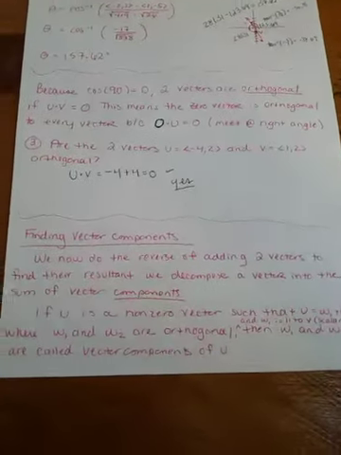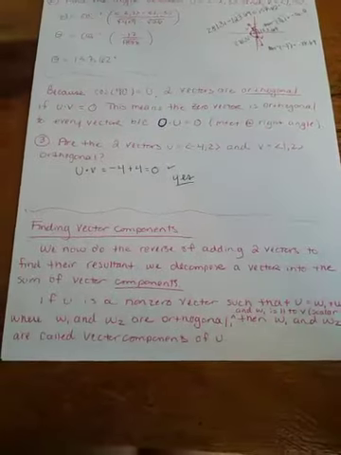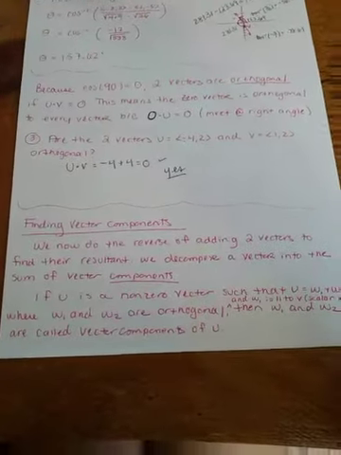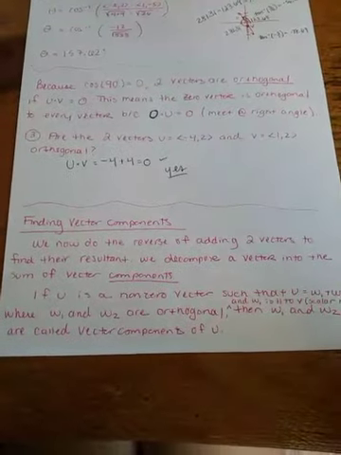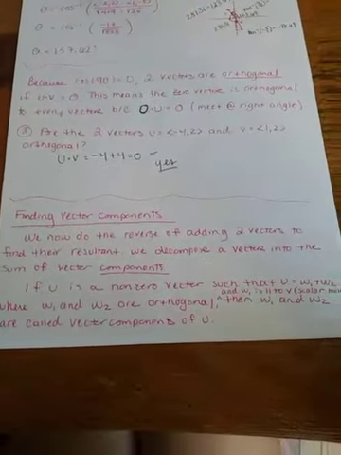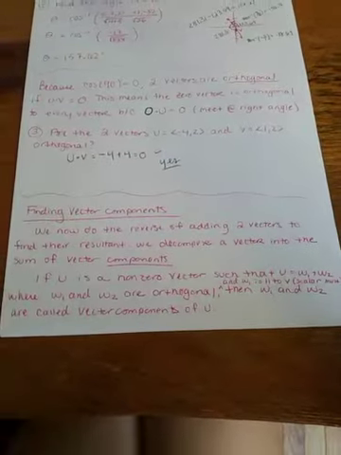So, finding vector components. Here I am with my notes. We now do the reverse of adding two vectors to find their resultant. We decompose a vector into the sum of vector components. So if u is a non-zero vector such that u equals w sub 1 plus w sub 2, where w